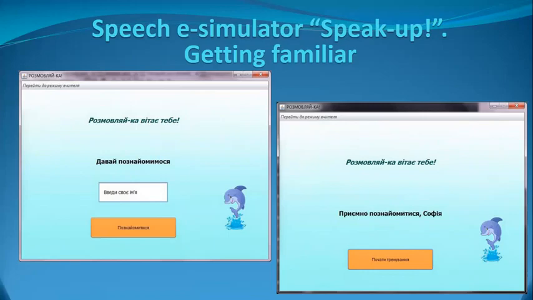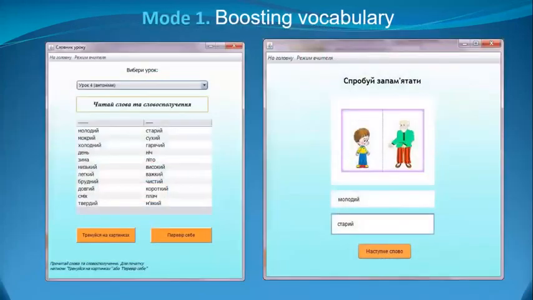In addition, the interface offers to get familiar with the user, who is the student, introducing his name, which immediately makes training personalized. After getting familiar and choosing the language, Ukrainian or English, for training,